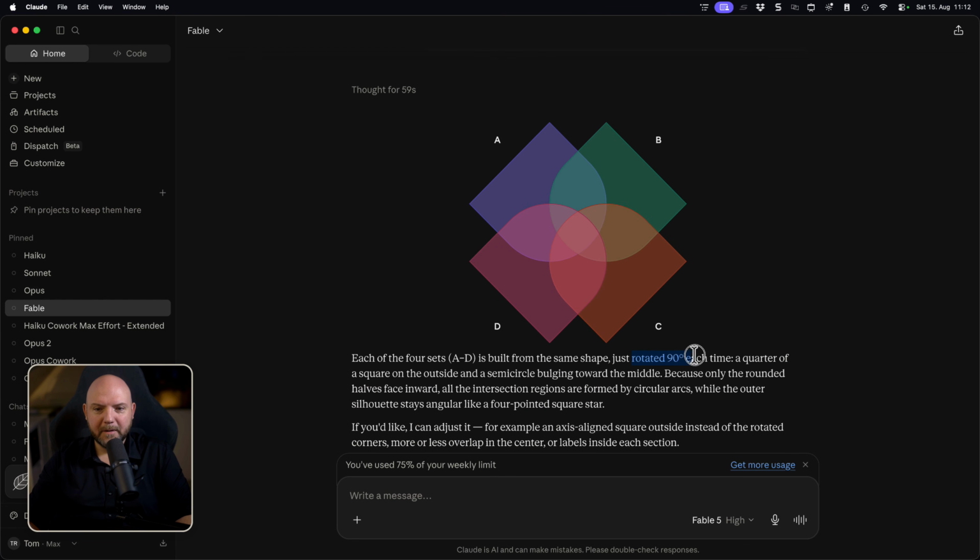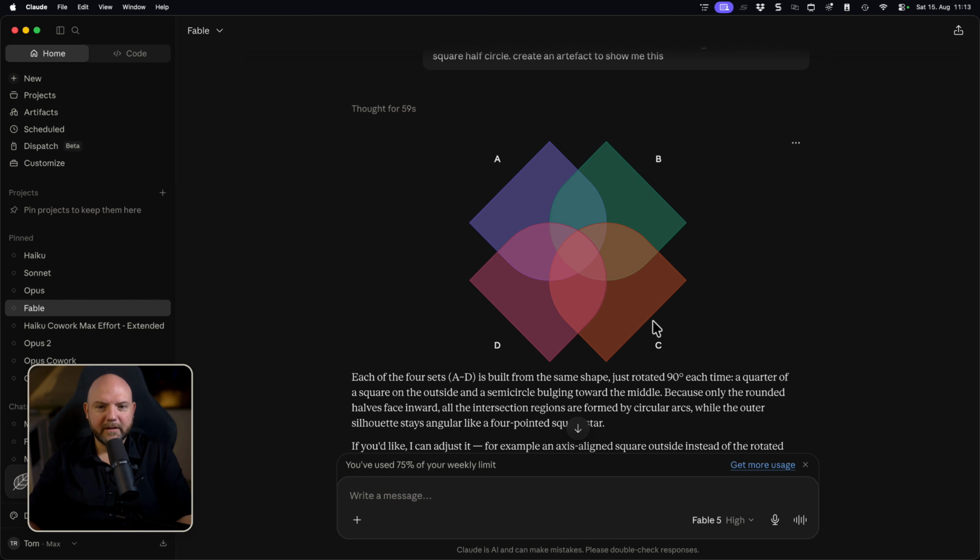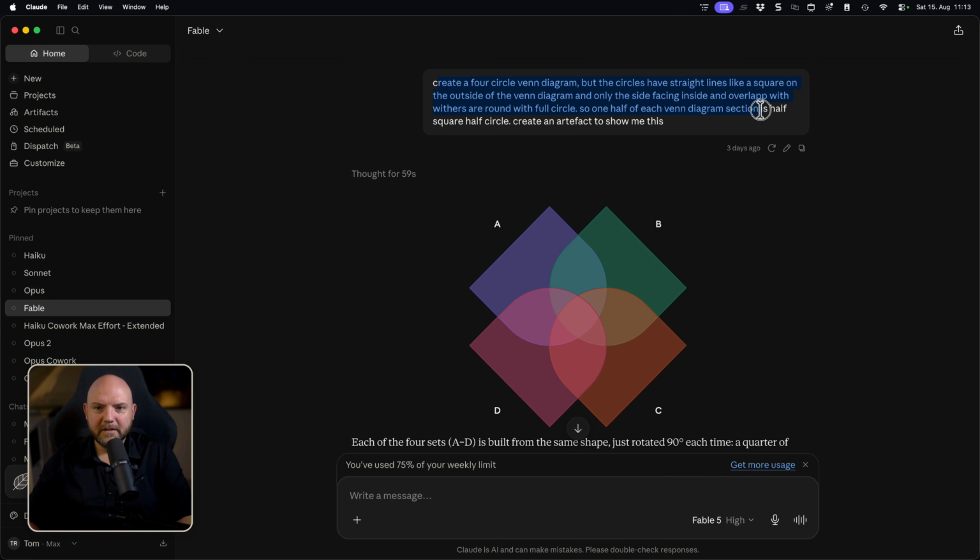It rotated it by 90 degrees to make it this. So that's the most efficient placement that I could wish for when I think about a square and a circle. It perfectly picked up that it is half square, half circle, and it made these overlaps. And that's just perfect. So this was one simple prompt, no additional context.